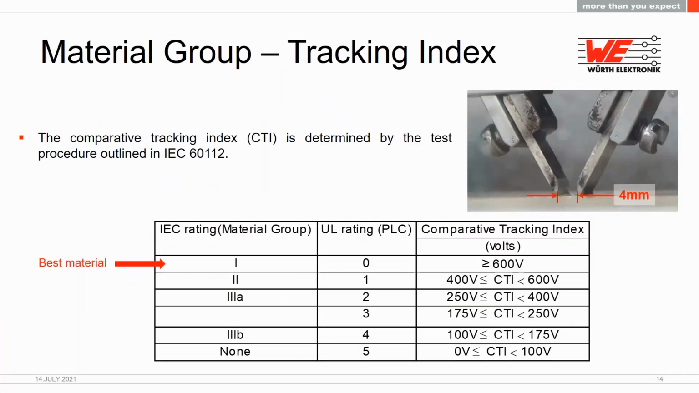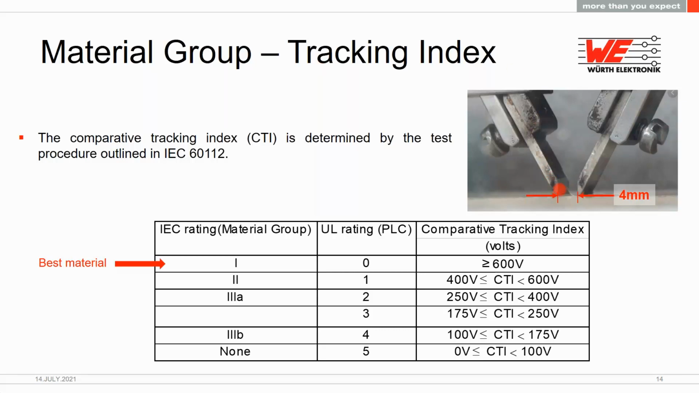The last safety factor that must be considered is the material group or tracking index. This is a rating that is given to the insulating materials that are used. These ratings are given to everything from bobbin plastics to tapes to even the varnish that we use to dip our transformers in. The short version of the CTI test procedure is that two electrodes are placed 4 millimeters apart